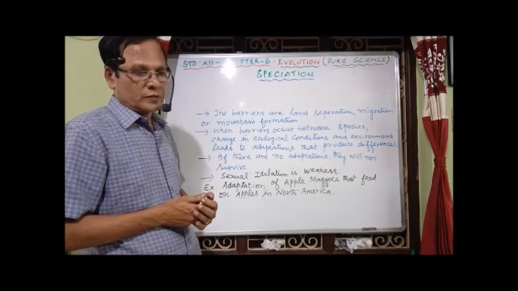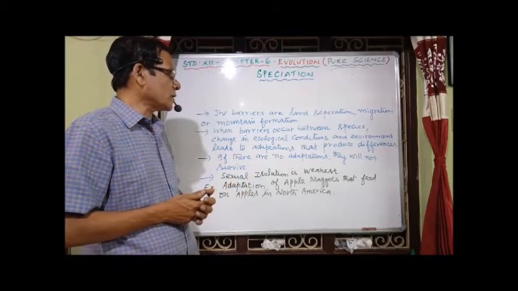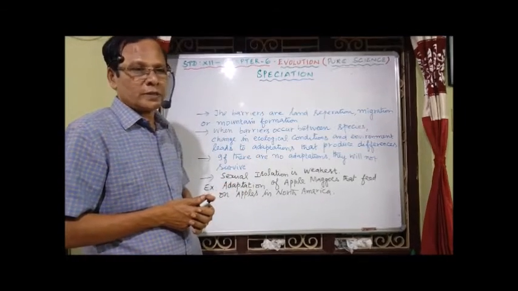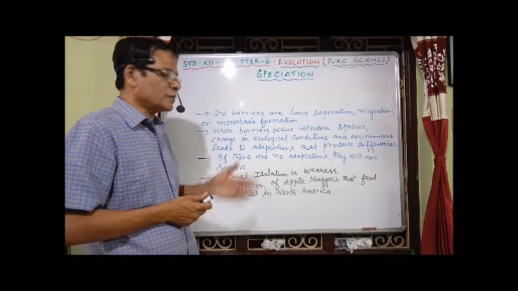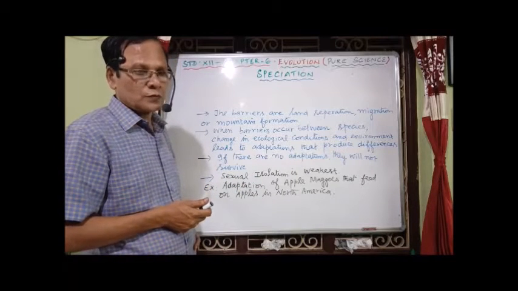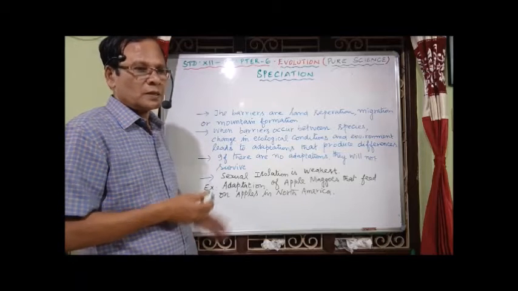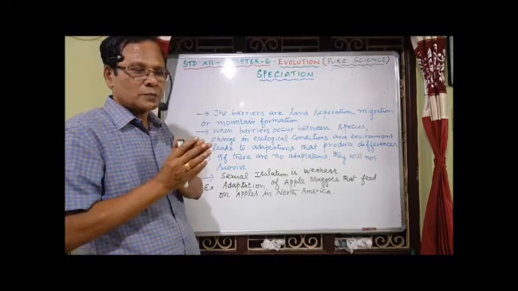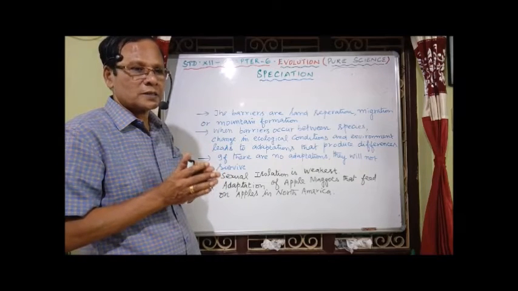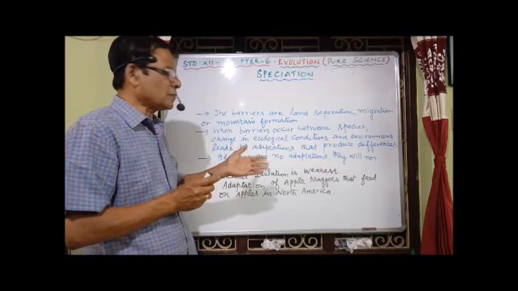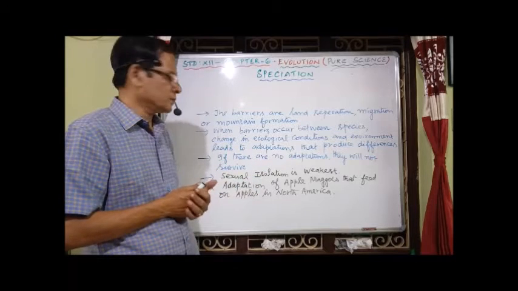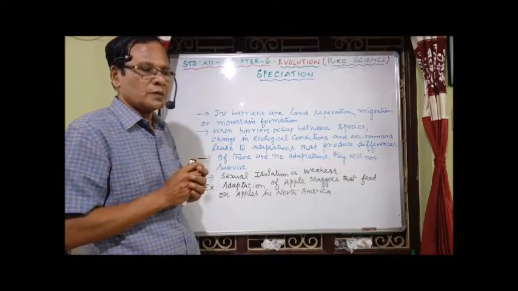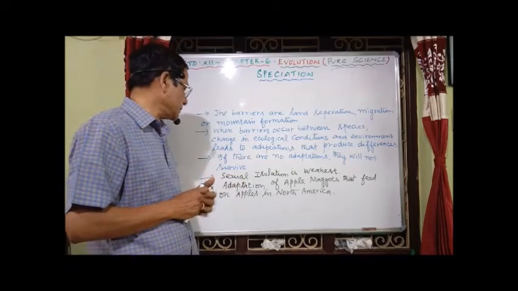Now the example we have studied here is the adaptation of apple maggot flies that feed on apple in North America. We have one species that lays eggs in the fruit of hawthorns. Then, after the formation of a subset of the population, that subset lays eggs in the apple fruit. Let's see now what is the name of the apple maggots and the apple tree, the binomial, and how it happens, the example.